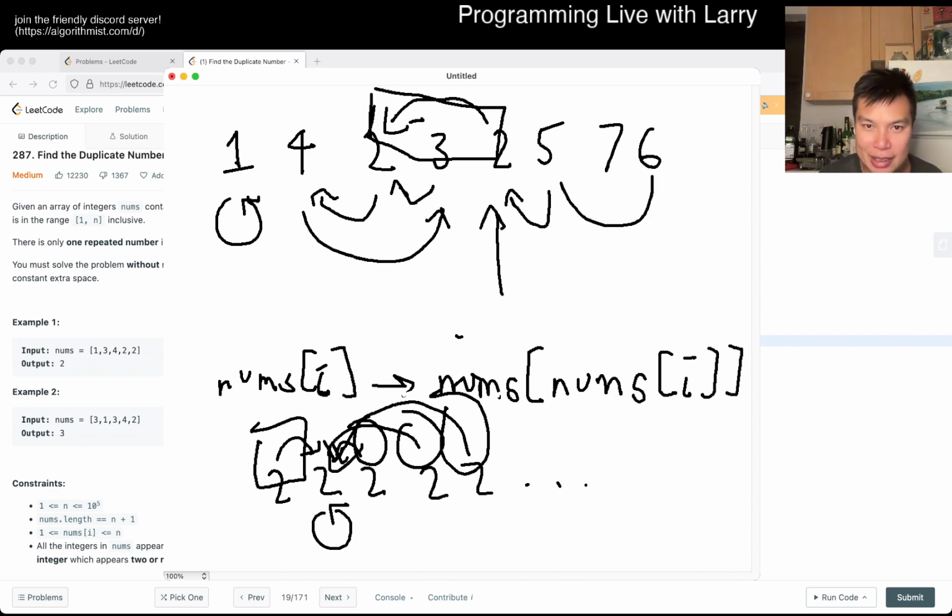This is pointing at 6, and 1, 2, 3, 4, 5, 6. Okay, I just miscounted. So this one actually is a self cycle, right? So here you can see that there are definitely linked lists with multiple tails, but the entry point is the important part, right? That means that the entry of the cycle is going to be the one with the duplicate numbers because by definition, this number that is the entry into the cycle has